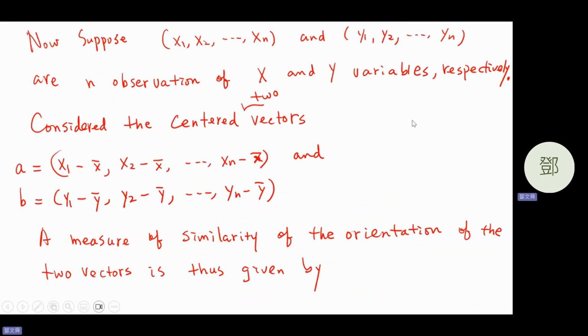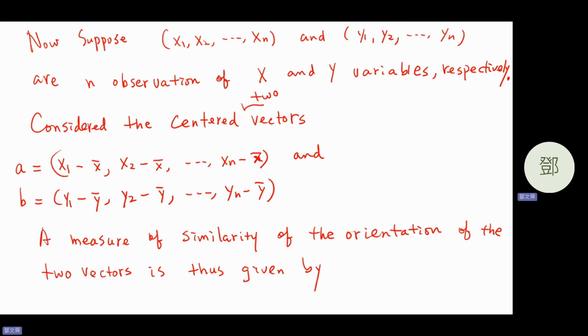Now suppose that we have a sample. Here is the sample: X1, Y1, X2, Y2, all the way to Xn, Yn. Here the observation is Xi, Yi, for i from 1 to n. Okay. Consider